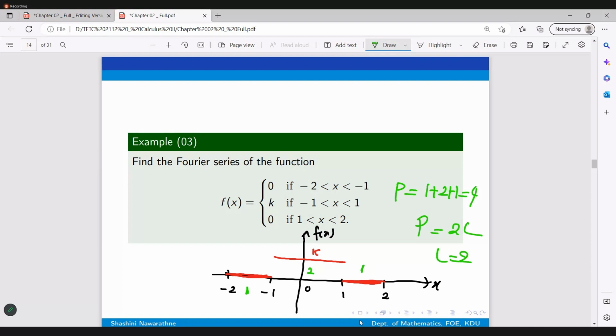Okay. So if we are asked to complete the periodic graph of the periodic function, what should we do? We have to repeat this part, from this point to this point, again and again. From the left side and the right side, we have to repeat the same part again and again. Okay. So that is the way of